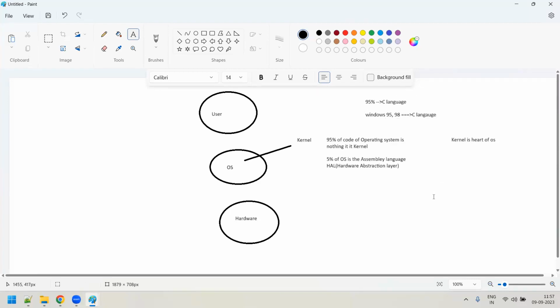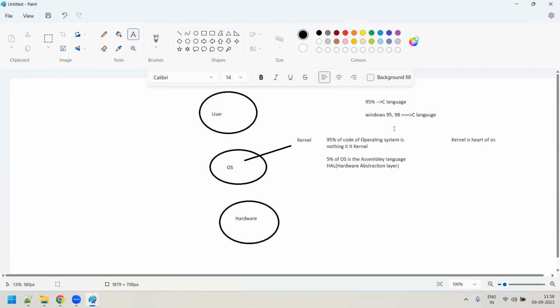How are you saying that? Yeah, at the time Windows was written in the C language, because Microsoft's chairman Bill Gates and his team designed the whole Windows in C language only. But slowly Microsoft came up with their own native language and started using it in designing other operating systems, like Windows 10 or Windows 11, Windows Vista, Windows XP, whatever the previous Windows were. Those are all written in their own native language. But these two operating systems, Windows 95 and 98, were traditionally written in the C language.